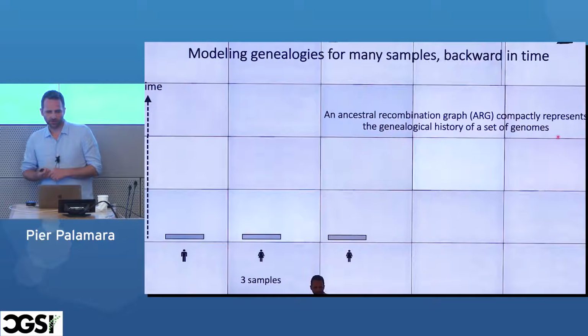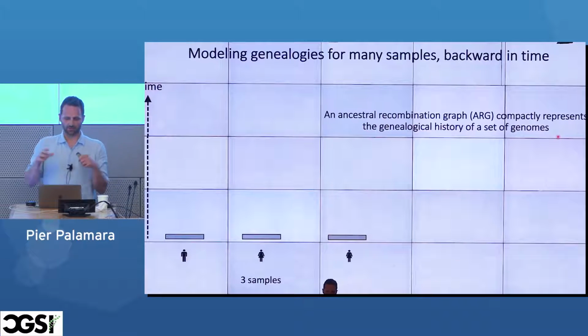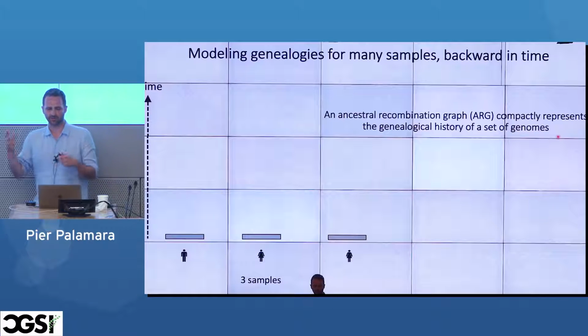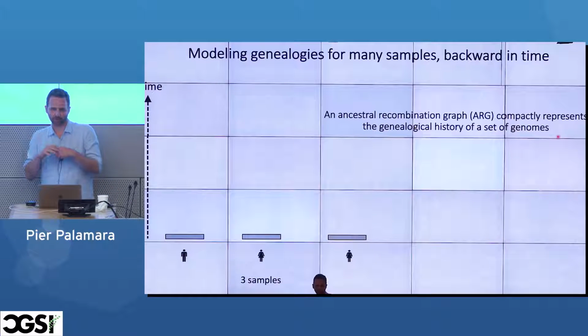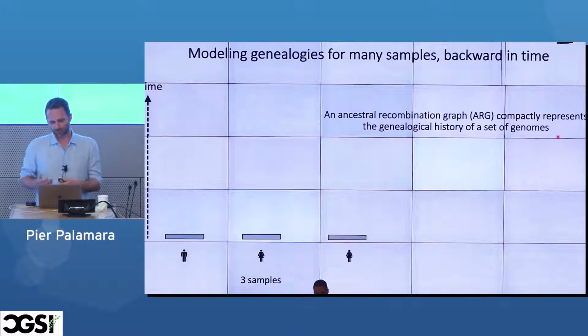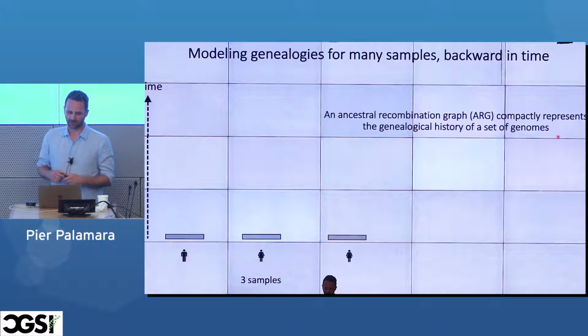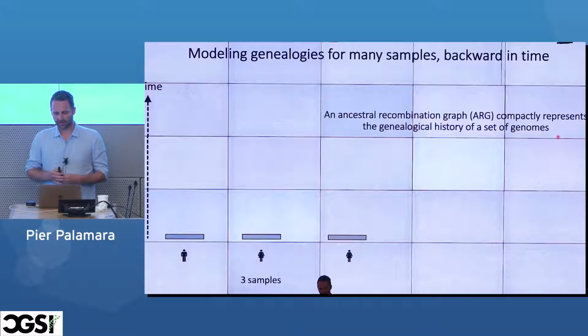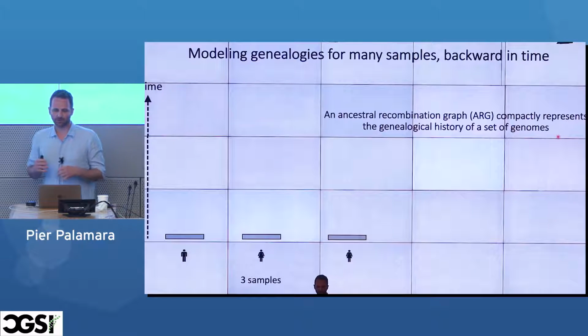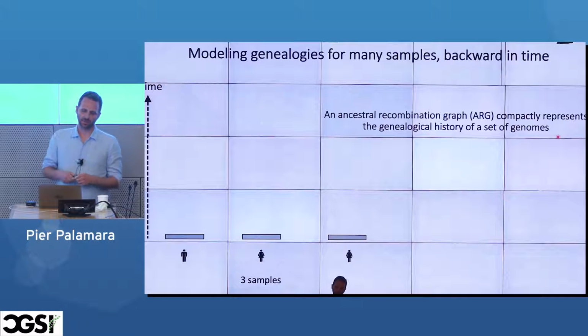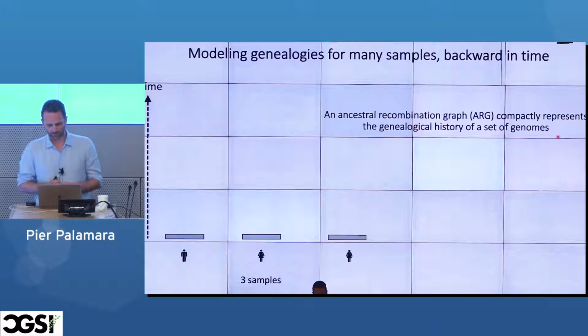So the structure that we want to use to represent genomes, including recombination, their ancestry and the connections, is called an ancestral recombination graph. And it has some properties. Importantly, also, there is some sort of distribution over which kind of graphs you expect to see in a population. And so these kind of distributions are the things that we try to use when we do inference from data of these kind of structures. So I thought that the easiest way to tell you both what kind of structures we're looking at and something about the distribution is to show you how we would simulate these graphs and also how we would simulate genomes.